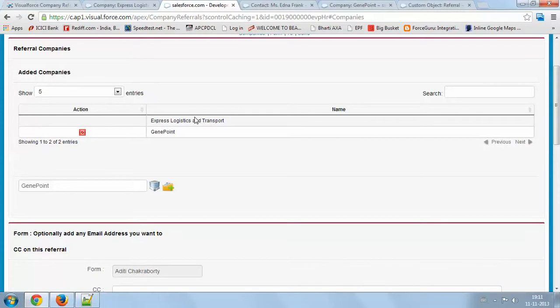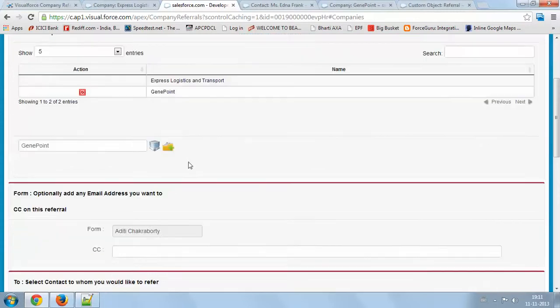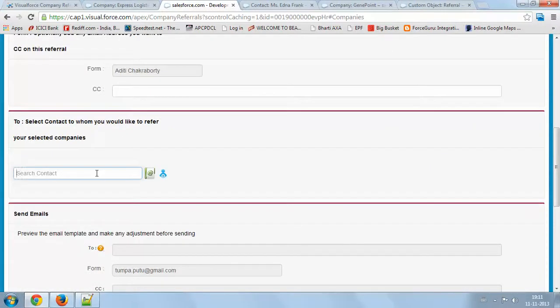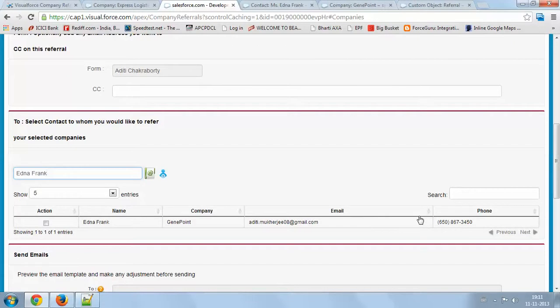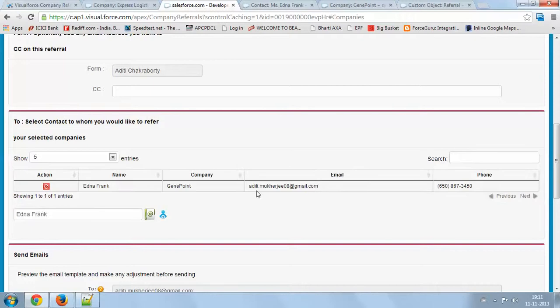Now I will do the same for contact. Please note for contact, type ahead is based on name. If you want to search by email, please click the search button.